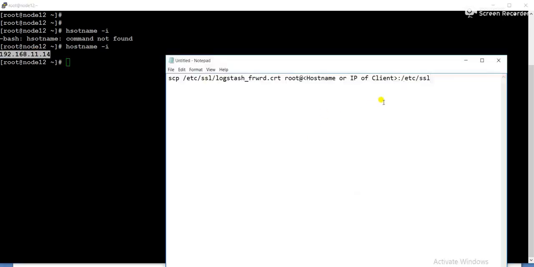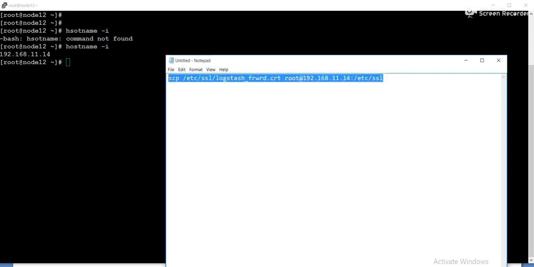I'll give the hostname or IP address. I am trying to log in through root. If you have any root credential or any admin credential, you can use that. We are copying that logstash-forwarder certificate to the client machine under /etc/ssl.